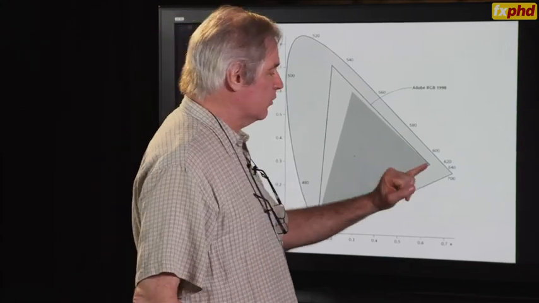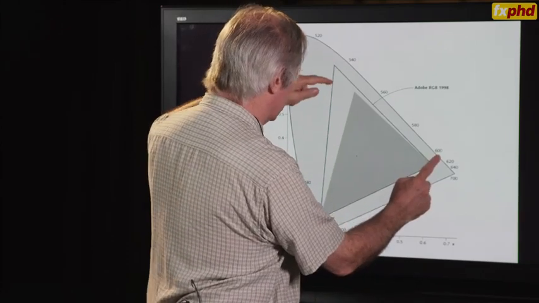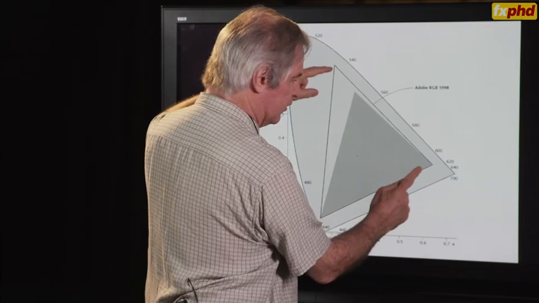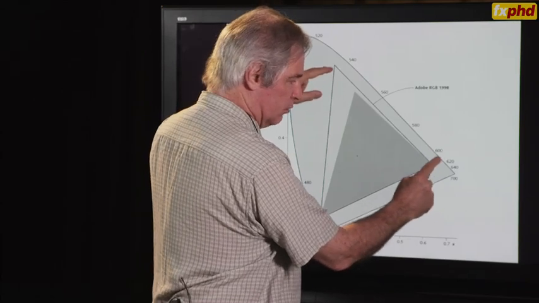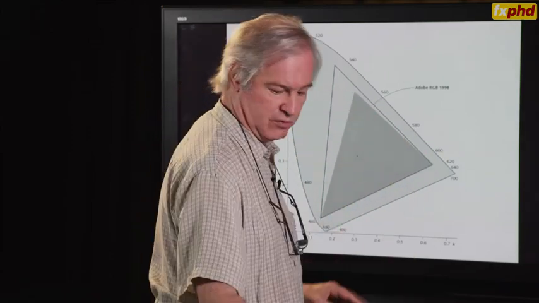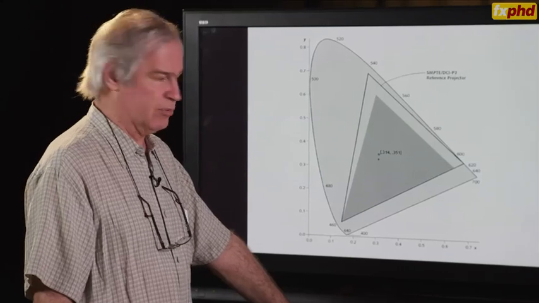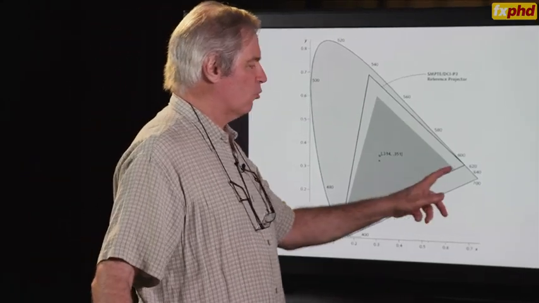And the only way to do so is move the red out. And then, well, we'll have to decide where the green goes. But if we simply move the red out to the spectral locus, we're going to capture those deep reds, oranges, and yellows, or golds. So here's the SMPTE DCI P3 primary set. Just move the red way out.